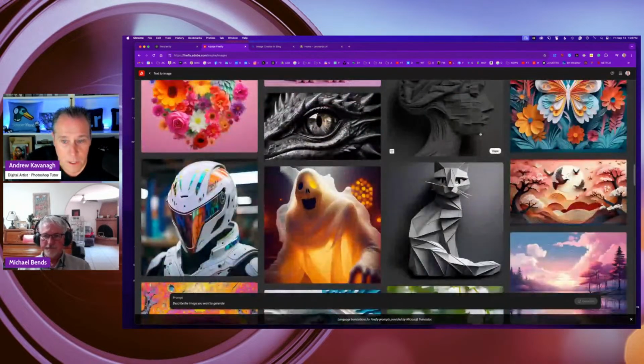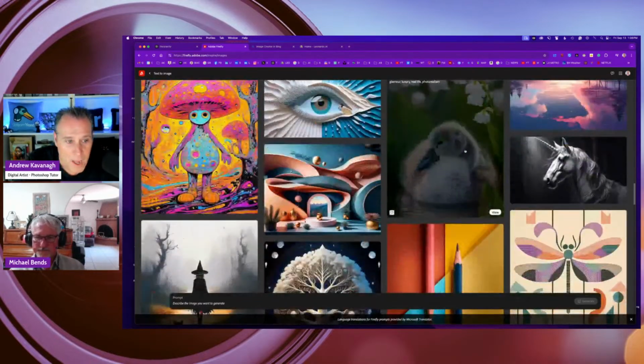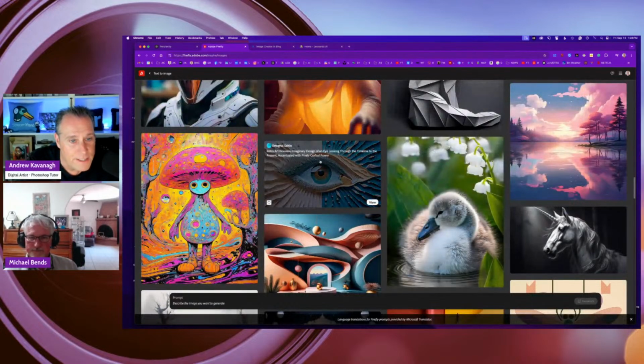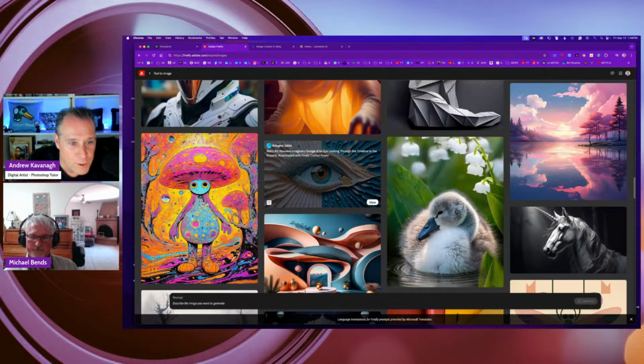In general, you can see a wide variety of styles, and it is a very easy way to learn about text prompts. All you have to do is hover, and it tells you what prompt they used. You could either take notes, or if you hit view, it takes you into Firefly.